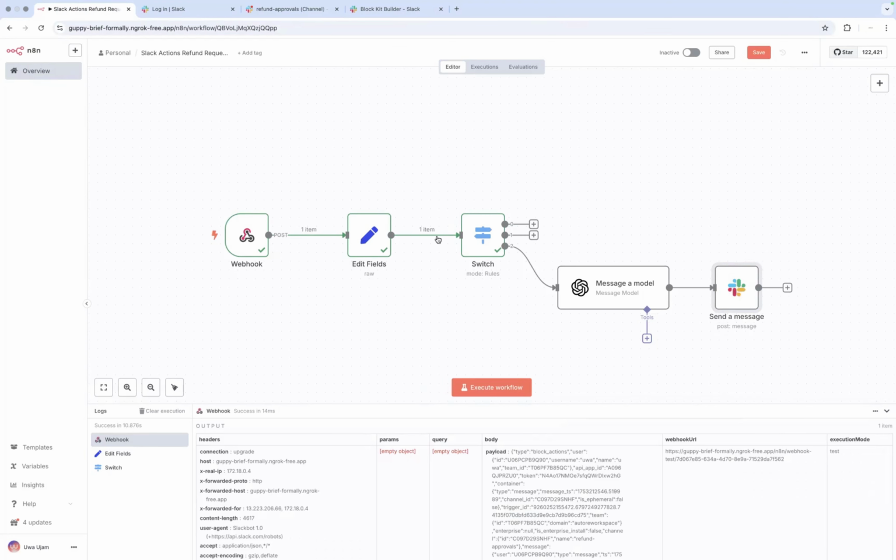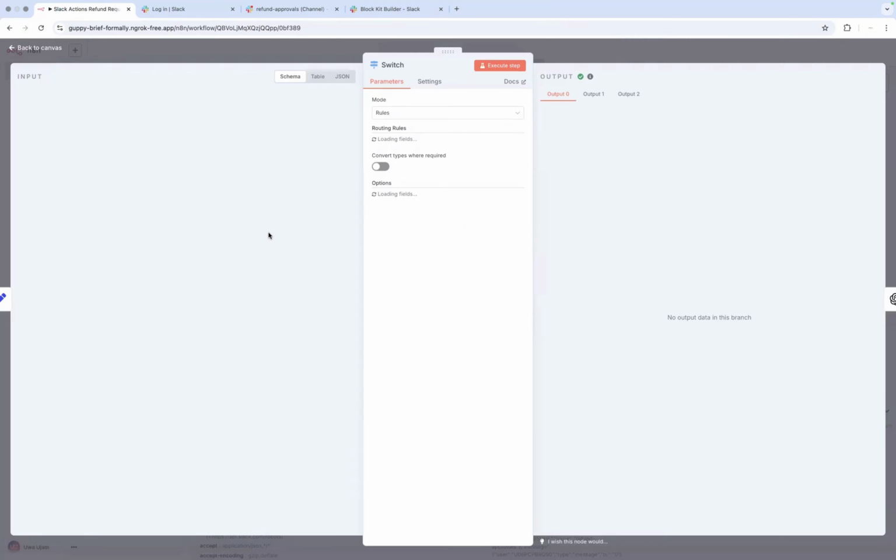So, okay, it's coming. That's why we see one item there, but we don't see one item anywhere else. So that means it got to this point and it kind of stopped, right? Which is fine. If we double click this and then look at the action ID from